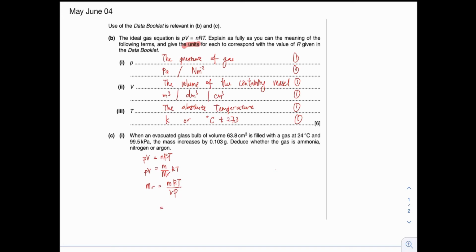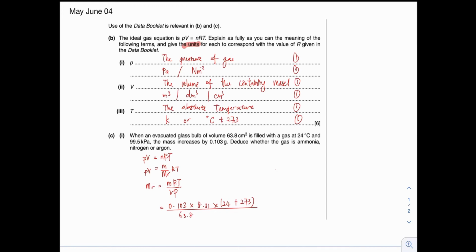Well, now the mass is 0.103. The R is a gas constant at 8.31. The temperature used is 24 plus 273, over the volume of gas is